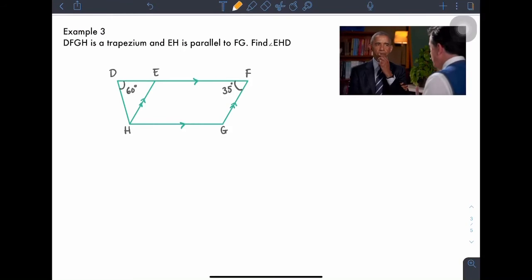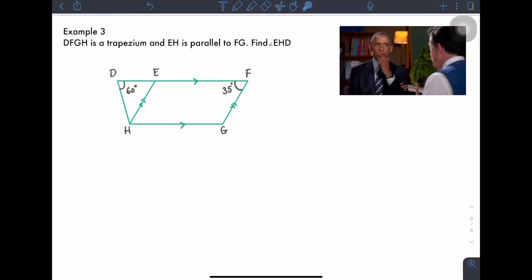Let's look at example 3. DFGH is a trapezium and EH is parallel to FG. Now, in order to solve any question, as I said, we need to know all the